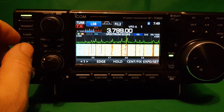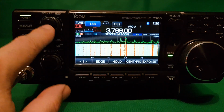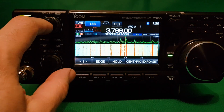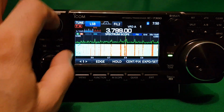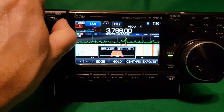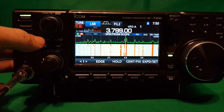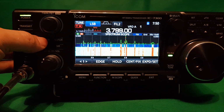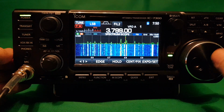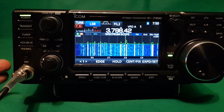Okay, no worries. Let's hold in the filter here. That's your default. So look, if you go like that, push it once, turn to the left. It's the preamp being on that brought in all the noise. So if you tap the middle here,